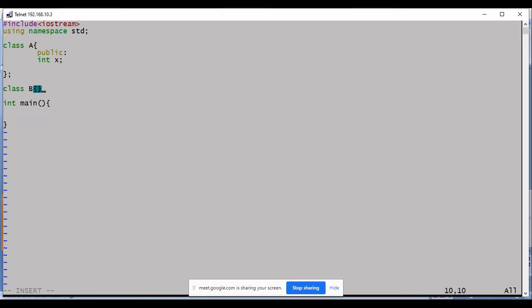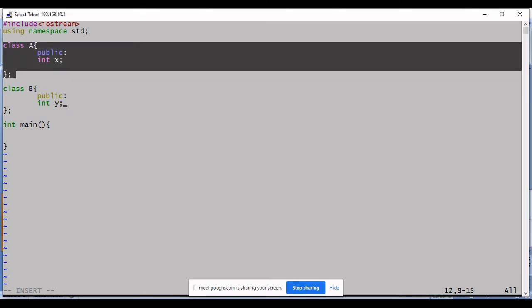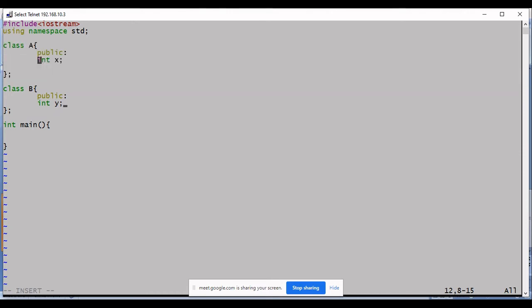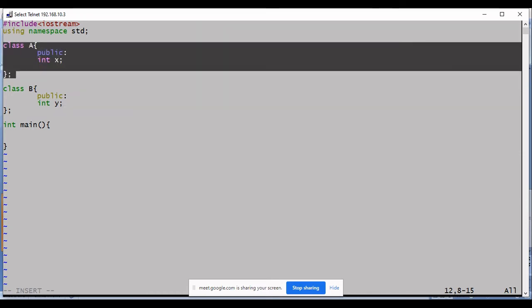And then there is class B. Now I also want the class B to have a member data called X, and I see that there is already a class definition. So instead of rewriting the statement int X, I want to reuse it.